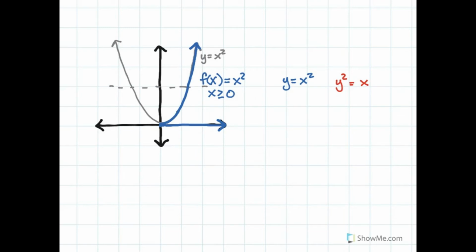to find the inverse, I exchange x and y, so now y squared equals x, and solve for y by taking the square root of each side. Now that only works if y is positive and x is positive, so y equals the square root of x is f inverse, but only for the right-hand side of the branch, because this result is always positive. The graph of the square root is the reflection of the graph of x squared through the line y equal x, so it acts just like an inverse, but it's only for the positive branch.